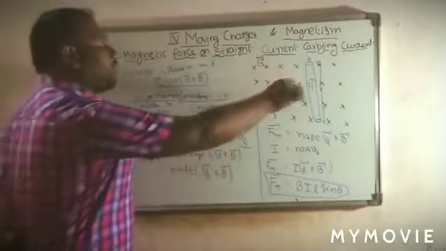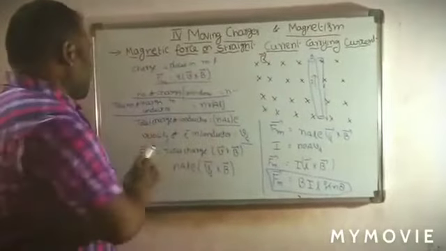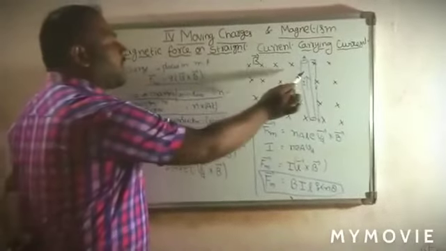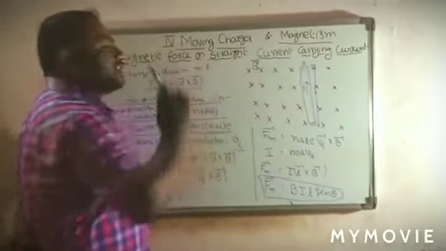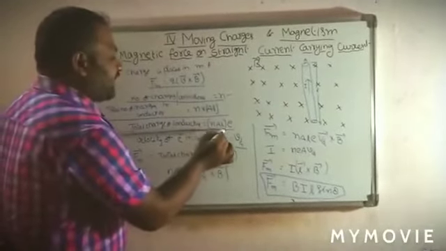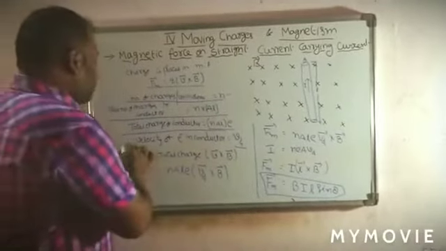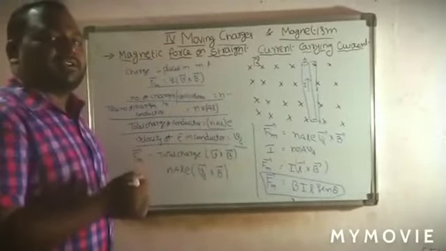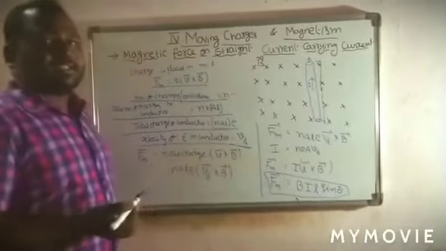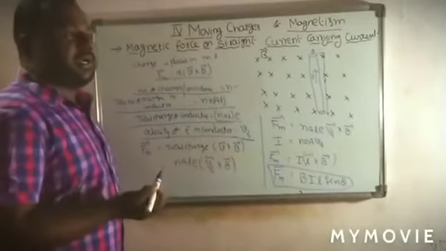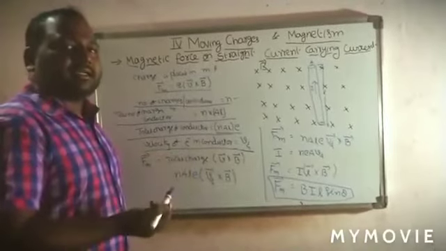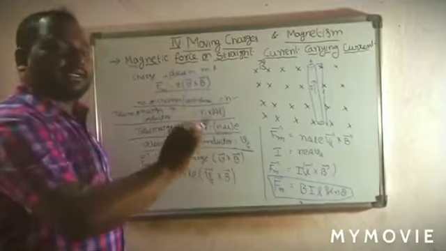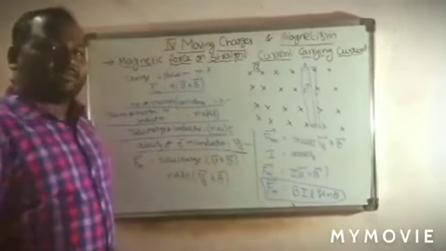That will give the total number of charges in this conductor. And next, the total charge on the conductor is nothing but the total number of charges into the charge of the electron, that is N A L into E. Now in the current density we know the drift velocity of an electron. Drift velocity is when we excite the conductor, the electron drifts from one end of the conductor to the other end. That velocity is known as the drift velocity.